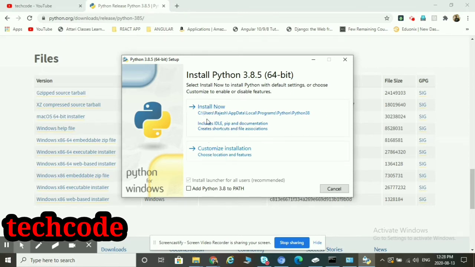Here are the options: select Install Now to install Python with default settings, or choose Customize to enable or disable the features. We are not going to customize the installation. We will click on the Install Now button, so it will install Python 3.8.5 on our machine.